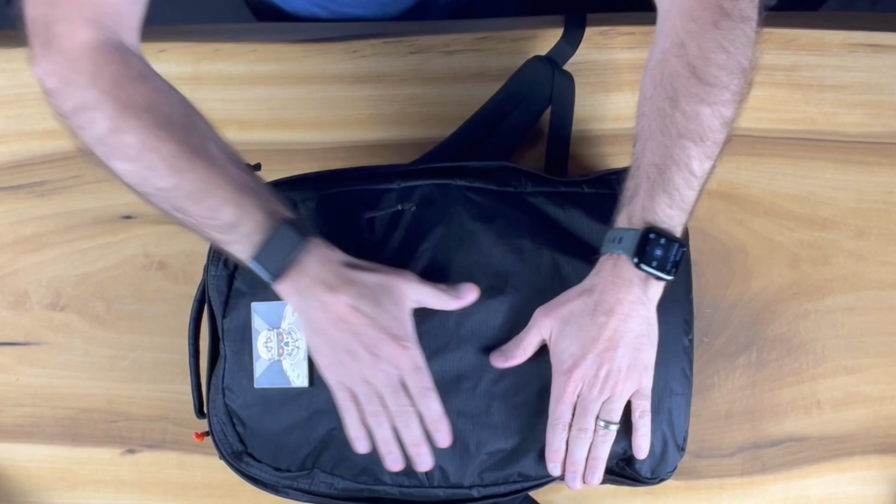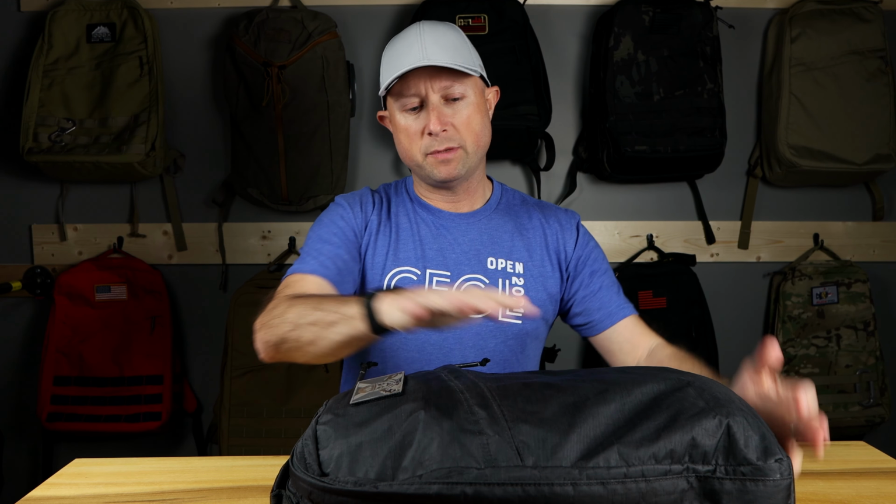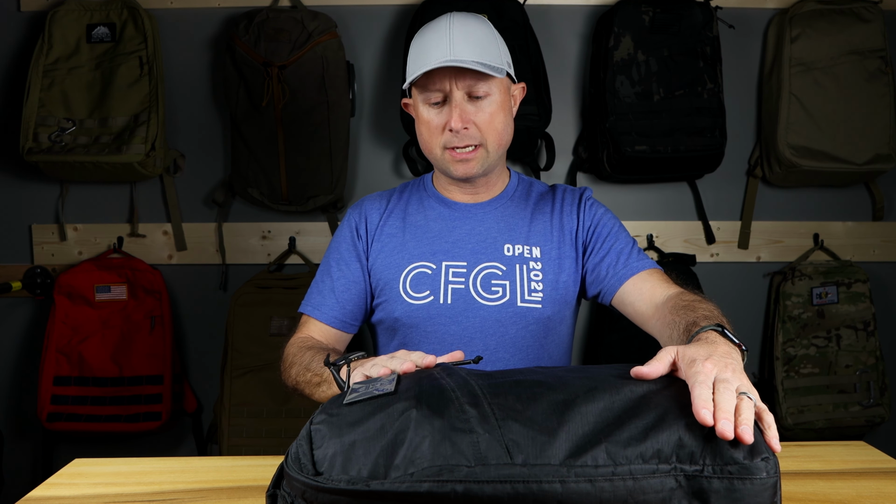The GORUCK produced collaboration with Carryology. This is number one of hopefully many collaborations with Carryology, and so we'll see what happens. I'm actually recording this on the day where the second one gets announced, so that's just a side fact. But this is the 21 liter. I've been carrying this one for a few weeks now to work back and forth as my everyday carry bag. So let's see what it looks like and a couple of key features of the bag